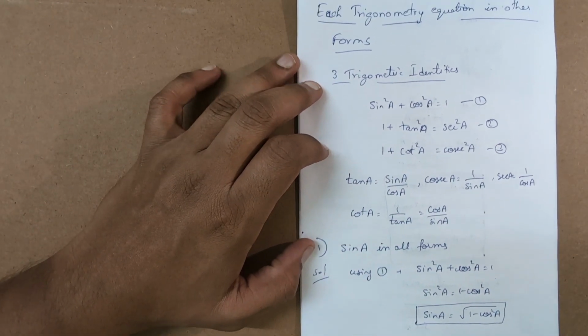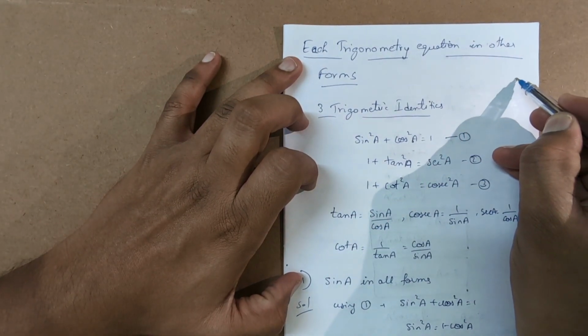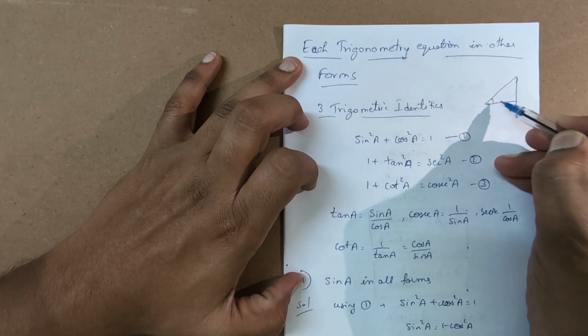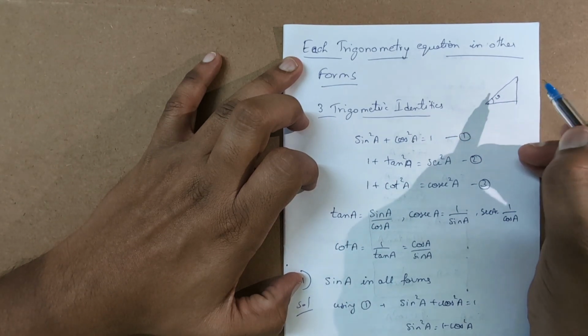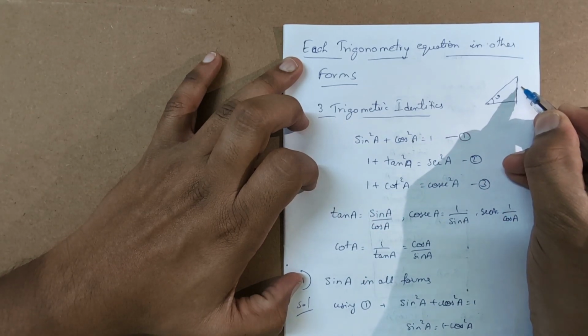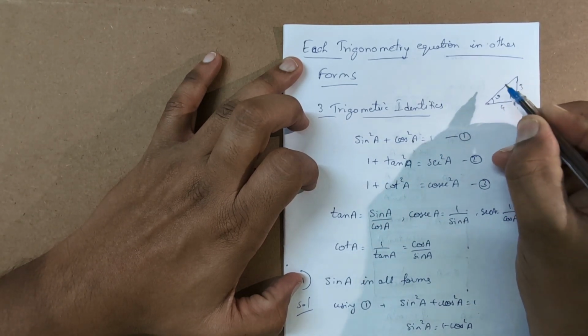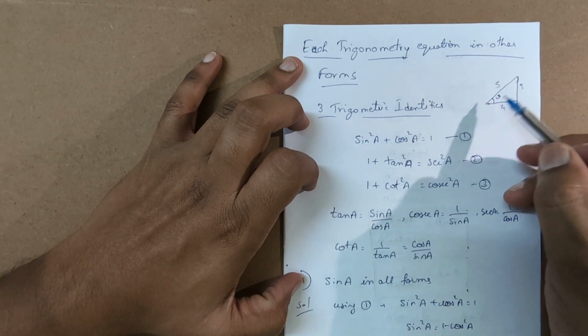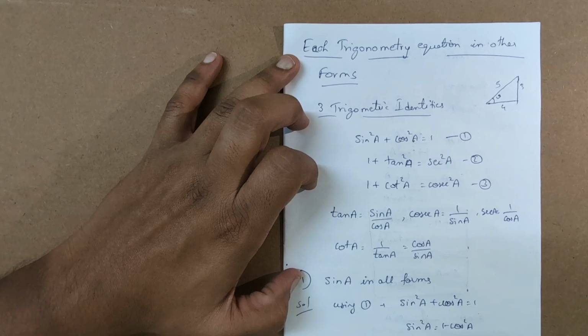If the angle is mentioned, then the best way is to just mark the right angle triangle and mark the angle which is mentioned. Suppose this is theta, and they have mentioned at least tan theta, suppose they have mentioned 3/4. Then tan theta is opposite side by adjacent side, 3/4, and using Pythagoras theorem you can find out that 5 will be the hypotenuse, and from here you can find all the other ratios, that is sin, cos